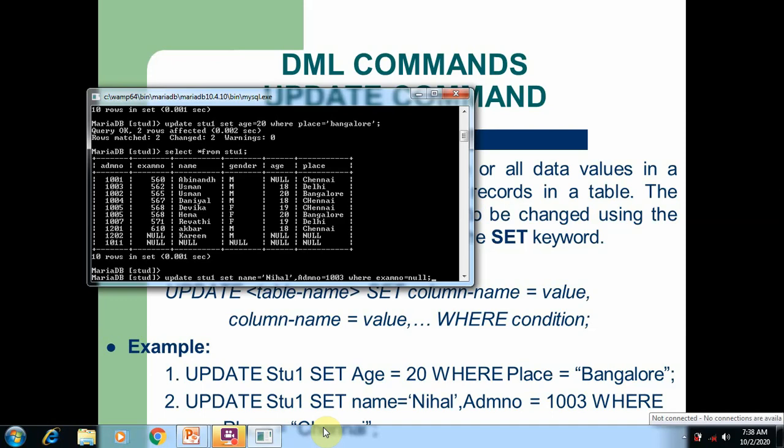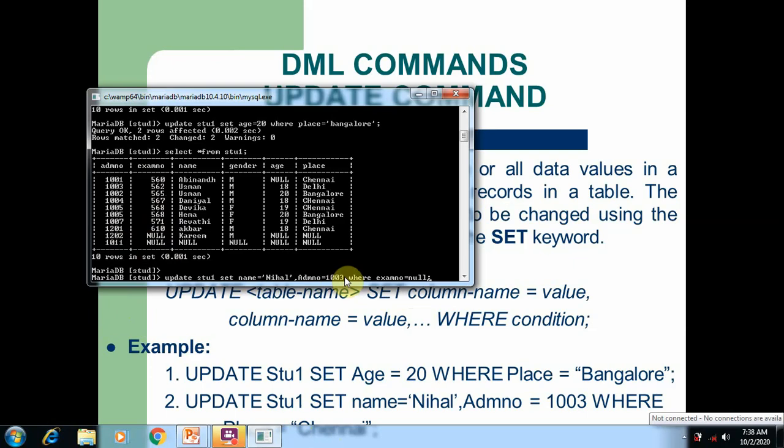So in exam number column you can see there are two rows containing null value. So when I'm going to execute this command, for these two rows, name is changed into Nihal and admin number is changed into 1003.